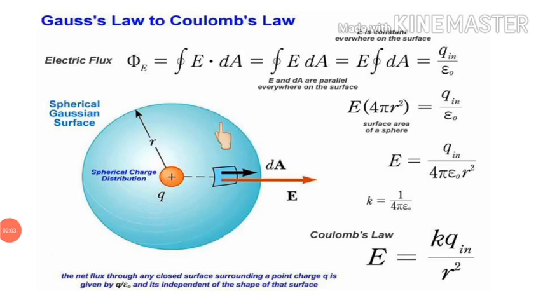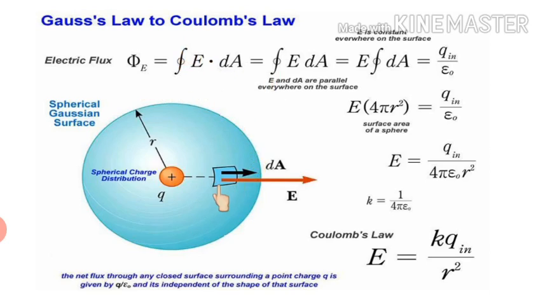Now on this Gaussian surface, we have considered a very small area element. This is the area vector, whose direction will be in this direction. This is the electric field through this area element. So we observe that electric field and area vector both are in the same direction, so theta is 0 over here. Now if we want to calculate the flux through this, d phi will be equal to E dA cos theta. And if we want to calculate the total electric flux through this closed surface, we will integrate it. So phi is equal to the integral of E dA cos theta, or E dot dA.